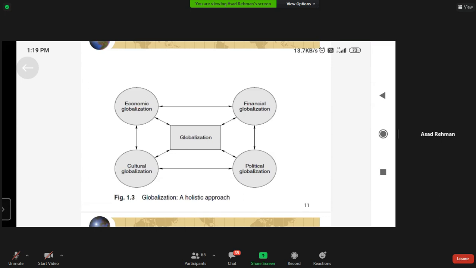And perhaps that is the reason why products like burgers, pizzas, noodles, soft drinks, wraps, sandwiches, jeans, t-shirts, sneakers are becoming very much common,